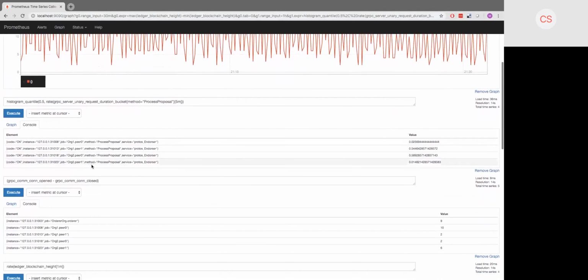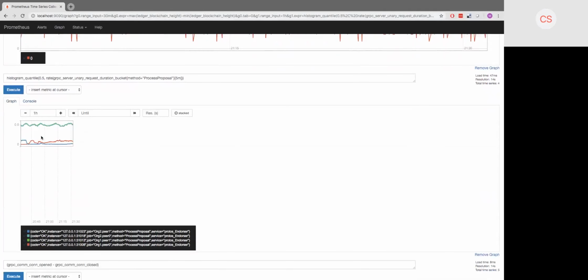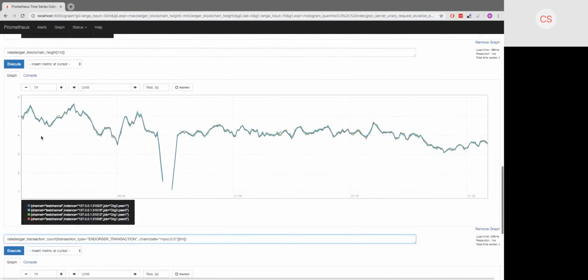The next one I'm looking at is histogram quantile 0.5, rate of the unary server request duration of process proposal. To translate that into English, we're looking at the number of times that process proposal has been called within a 5-minute window. We're finding that rate, and we're going to graph it. When you run the query, you get a handful of pieces of data back, and if you graph it, and you reload,